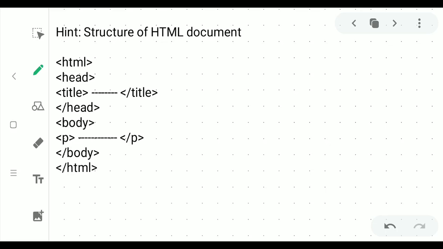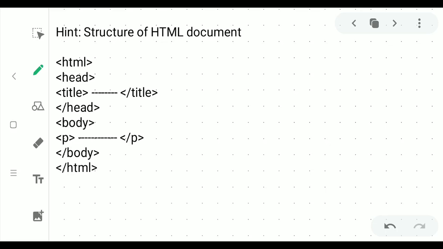The head section consists only of the title of the page, so only the title can be written in the head section. So open the head tag and give the title, and then close the title and the head tag. Each of the tags must be closed. The closing tag is denoted by the forward slash. If you don't close the tag, it will show an error and it cannot load the web page properly and it doesn't display the content.